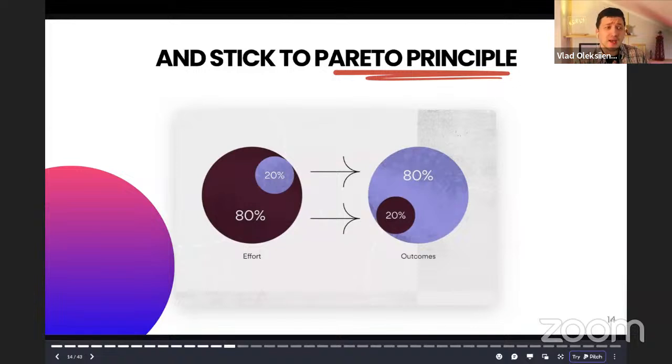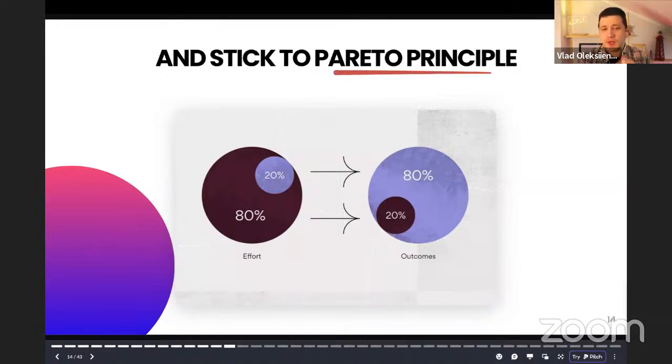But in reality, it's a rare use case for your business, and instead of adding 200 contacts to a sequence, you will have to add maybe 1,000 to get a meeting, for example. So that's why you need to figure out who is your ideal customer profile, ideal company profile, and ideal